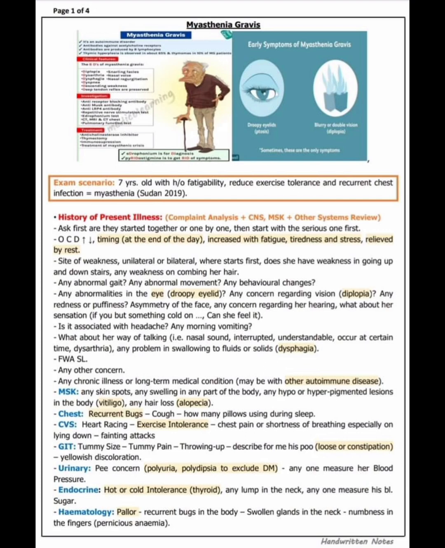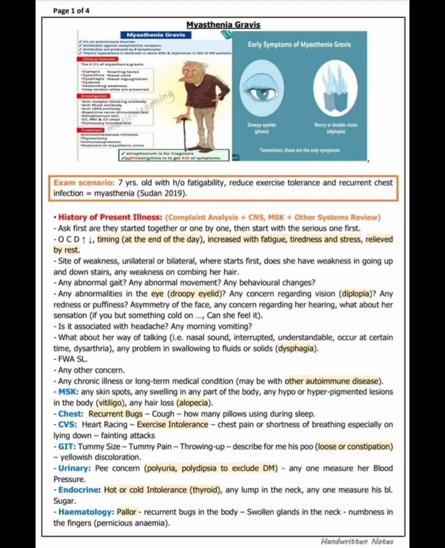Timing is very important in Myasthenia gravis. At the end of the day, it increases with fatigue, tiredness and stress, and is relieved by rest. Remember, Myasthenia gravis worsens at the end of the day, increased with fatigue, tiredness, stress and relieved by rest. Then site of the weakness, is it unilateral or bilateral, where it starts first, does she have weakness going up and down stairs, any weakness on combing her hair, any abnormal gait, any abnormal movement, any behavioral changes, any abnormalities